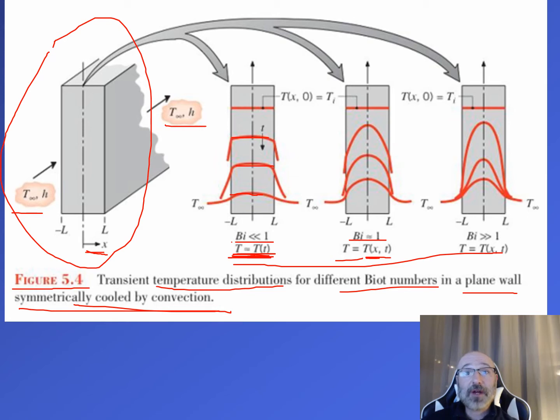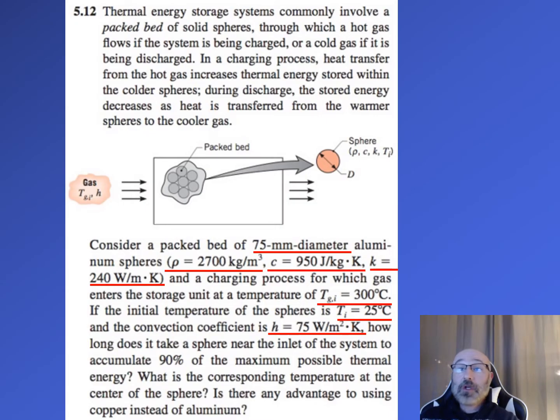But now, when our Biot number is equal to 1, this temperature is going to be dependent upon time and position as we're moving out in our x direction, or our negative x direction, towards our L and our negative L for our plane wall. And then lastly, we have the case where our Biot number is much greater than 1. This is definitely the case where T is equal to T of x comma t, depending on position and time. We see how much more drastic that is. And you can see now all of these come down almost to the same point down here. So next thing I'm going to do is go through my hand solution